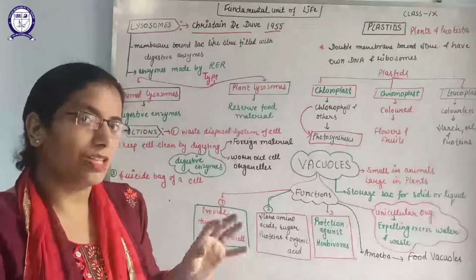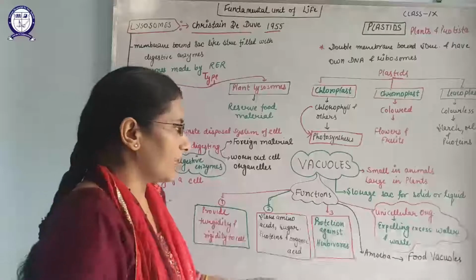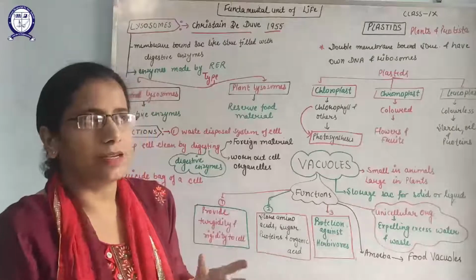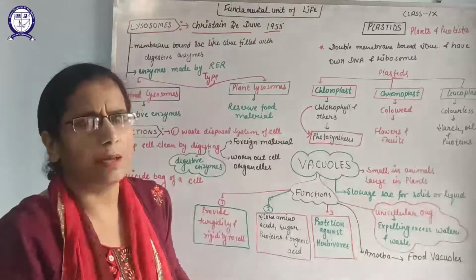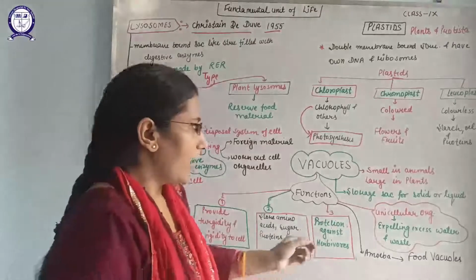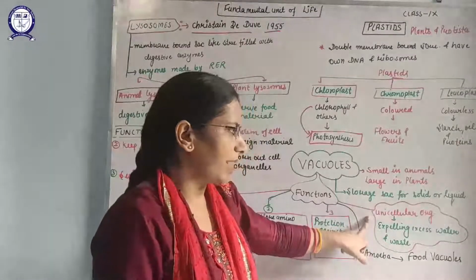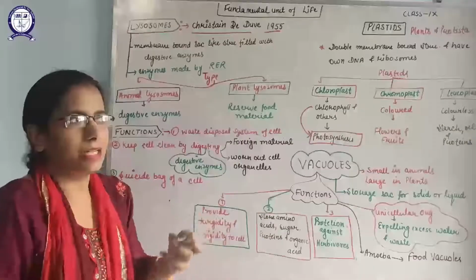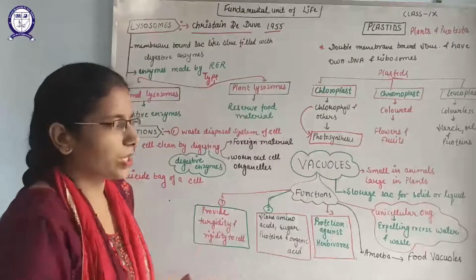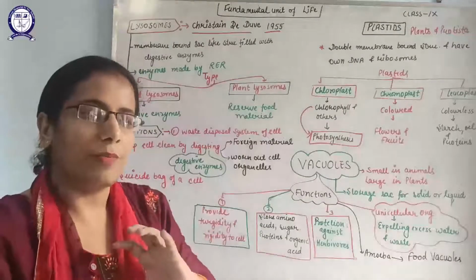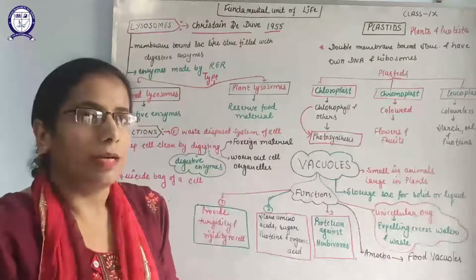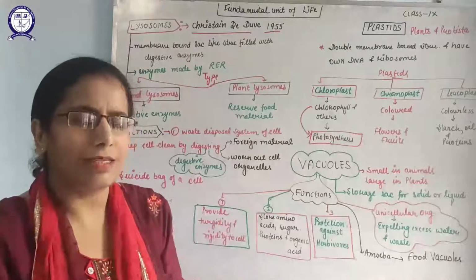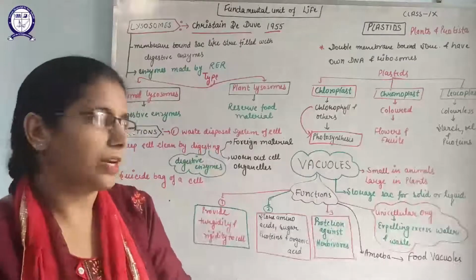So these vacuoles which are found inside the cells, we are discussing the main functions of them. Third, they provide protection against herbivores, because in some plants they release some chemical substance that makes them distasteful for herbivores. And in some unicellular organisms like the amoeba, it acts as a food vacuole. That means whenever the amoeba engulfs food by the process of phagocytosis, it makes a phagosome, that is the food vacuole, and after that, with the help of enzymes, it breaks down the food, utilizes the important substances and removes the excretory products.